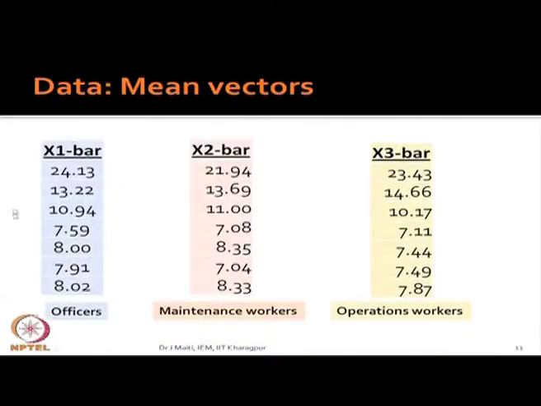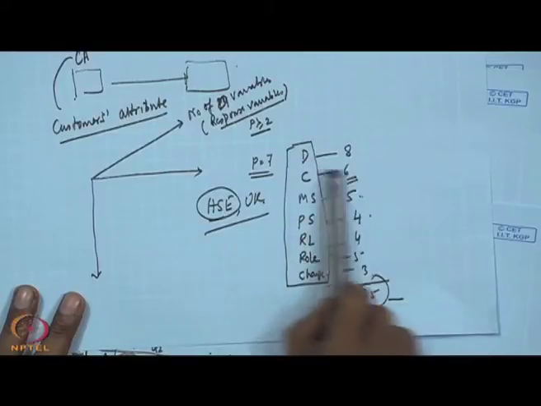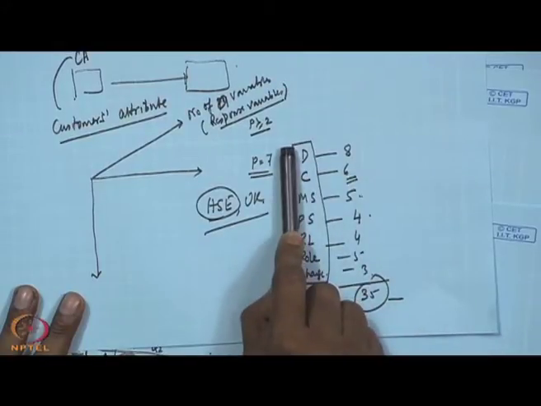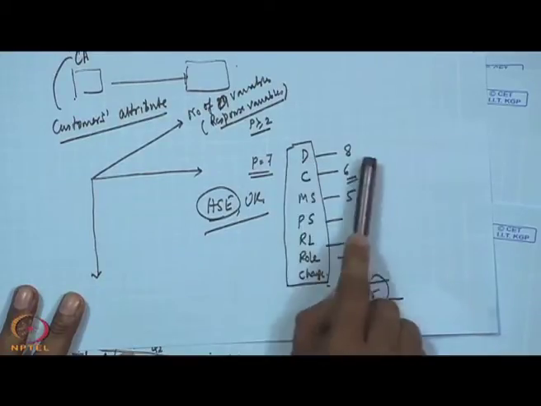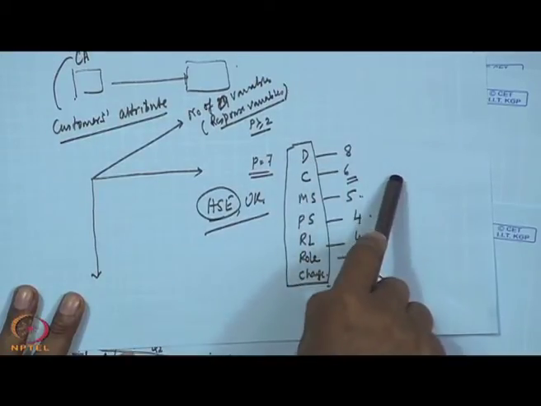You see now the data vectors. What do you require? First you have developed questions, you have taken the responses, then you are creating the variable values. How do you create values? How many variables are there? 7 variables. How many questions are there against each variable? There are 8 questions. So, what will be the demand value? The demand value will be the sum of all 8 question values, or the mean of these 8 question values.